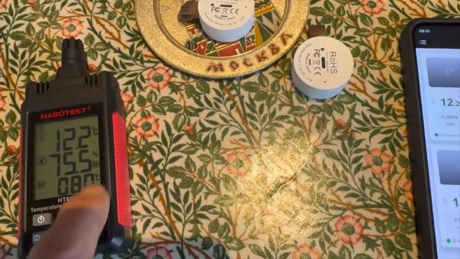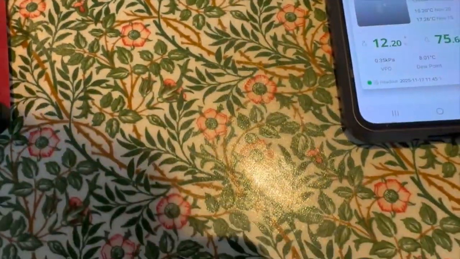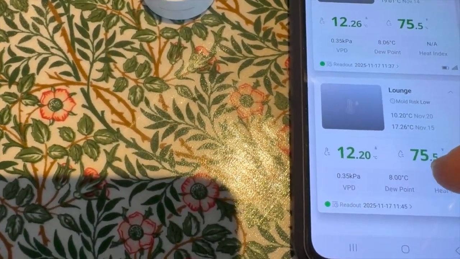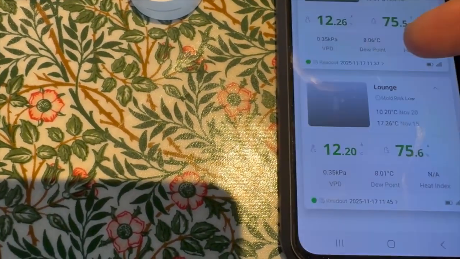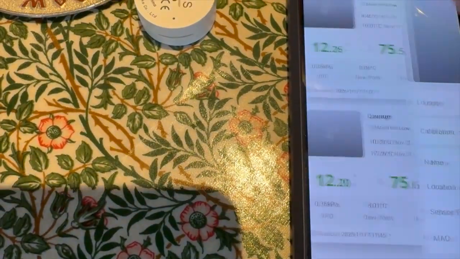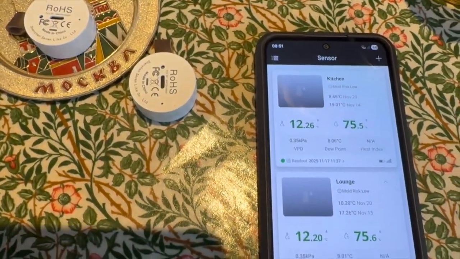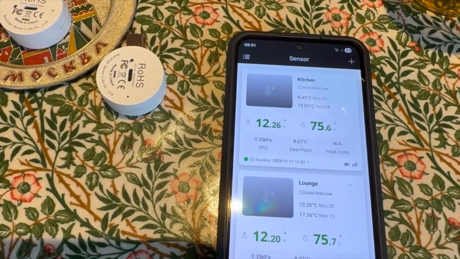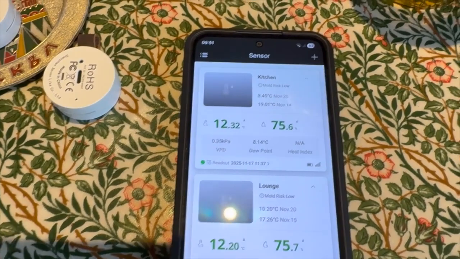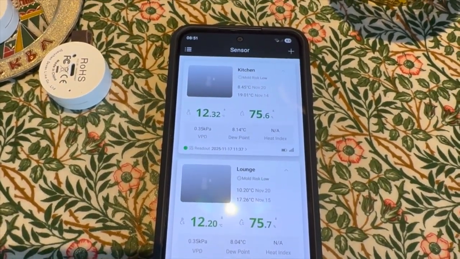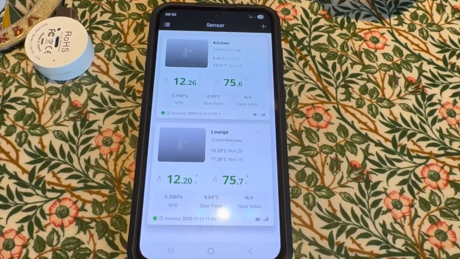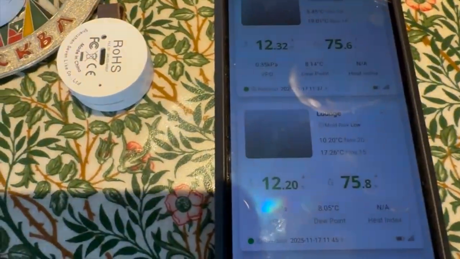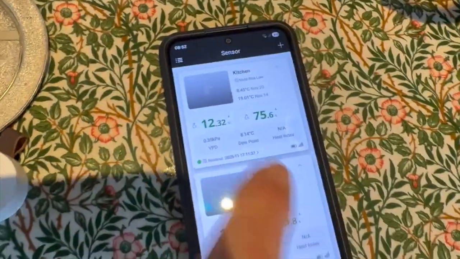So I've recalibrated them against this, and they're both showing a dew point. You'll see a bit of fluctuation constantly, but it's 8 degrees centigrade and it's 8.6. Dew point is a measure of the amount of vapour in air. It's also the temperature where condensation takes place. And the good thing is that you can compare one to another, so you can determine if there's more vapour in one room compared to another room. And you can see if there's an influence, if the vapour is coming from one place or being removed from another place. But for now, what I want you to do is to just press the green numbers and it will